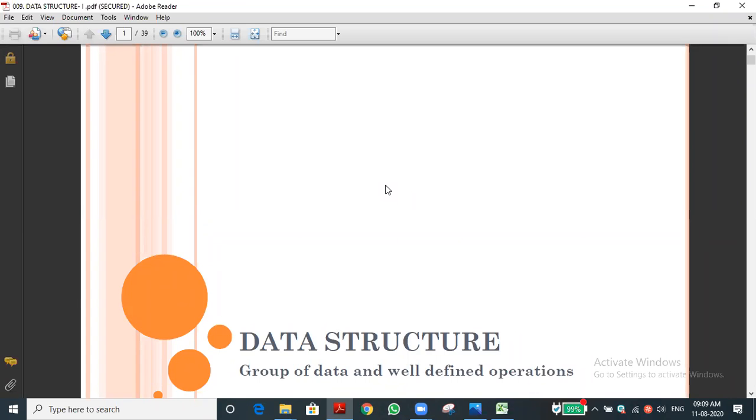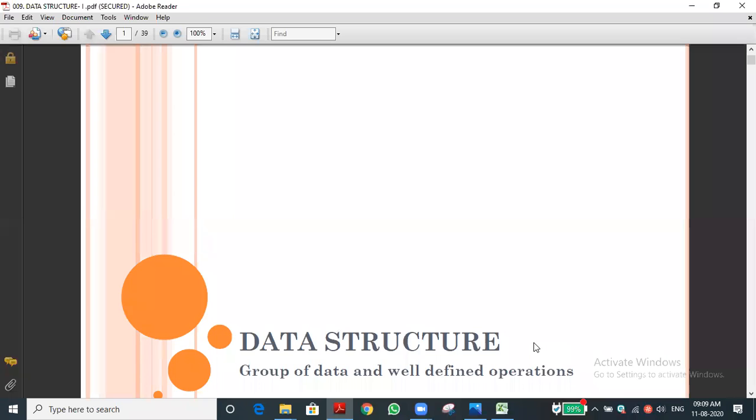What is data generally? Collection of information. Actually, the real term for data means the unprocessed information or raw fact. Raw fact means just a fact. We are giving certain input to the computer, and that is called data.